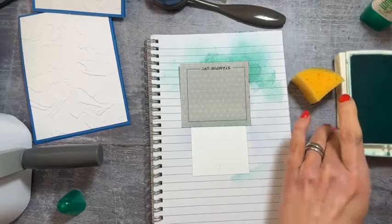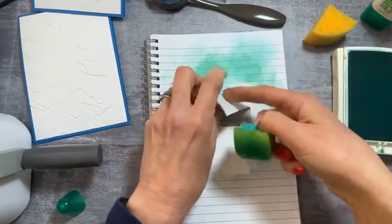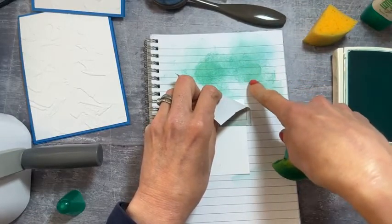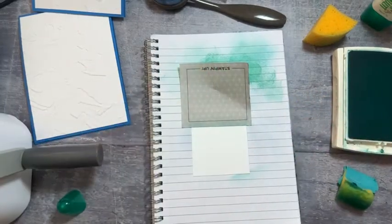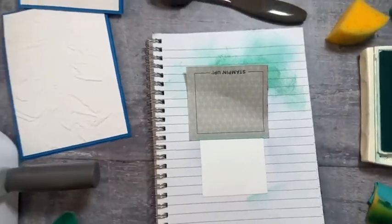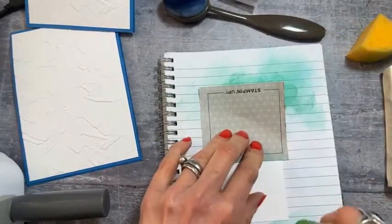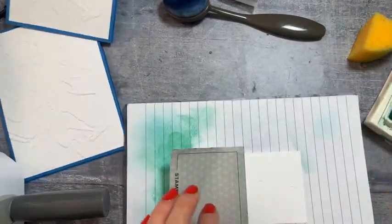So with any sponging, what you do first is you take off the extra colour because you just don't want that kind of image on your project, because if you can, maybe I'll zoom in a little bit. You can just see the texture of the sponge and it's not really pretty. You just want a smoother finish. So in order to get that, you take off that extra piece first, and I've just got red nail varnish on my,